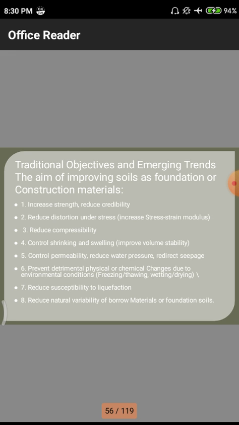So in the first chapter, we need to know the importance and the major fields of application of these ground improvement techniques. All those we study in the first chapter itself. Somewhat of an extra explanation is needed to understand this subject, such as foundational construction materials. First one: increase the strength, reduce compressibility. That means we need to increase the particular material or project strength by reducing compressibility. That means with a small volume, we have to achieve a huge amount of strength. That is the main theme of the first point.